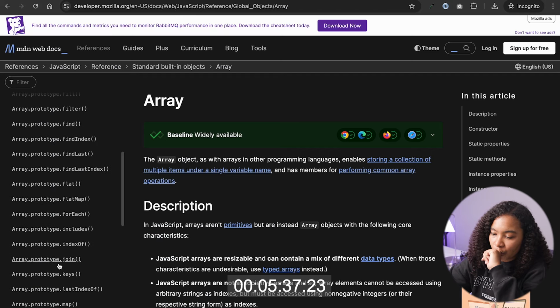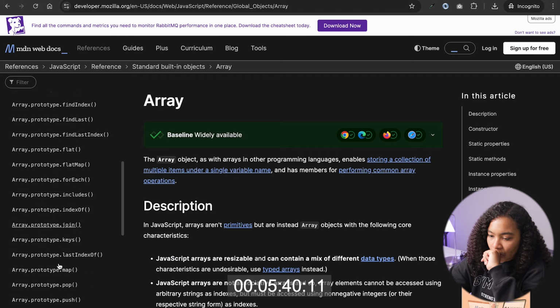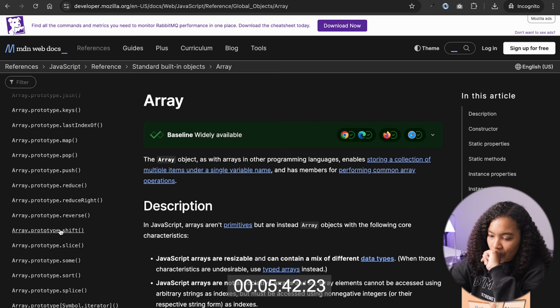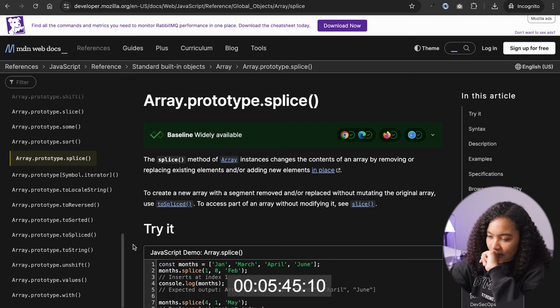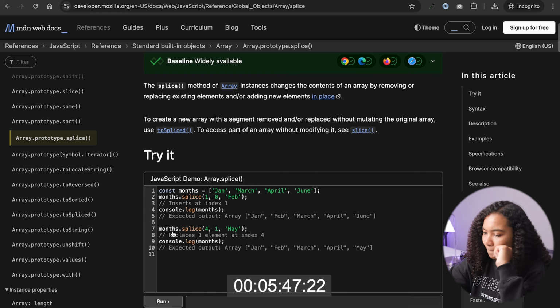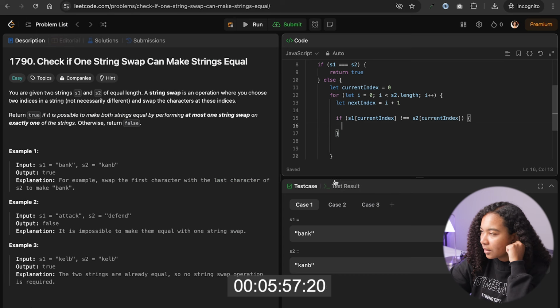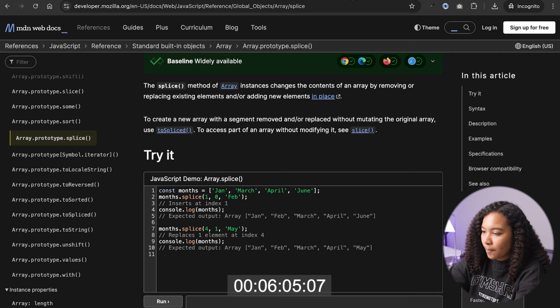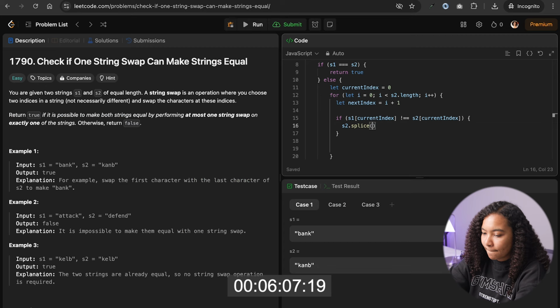We want to splice. Do two splices? Yeah, we'll do a splice. We'll say S2 splice current index 1 and then